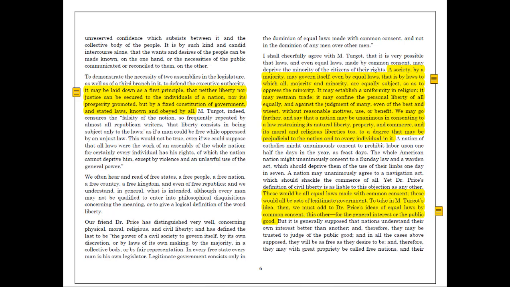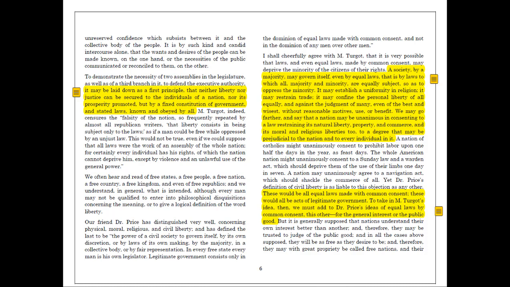Let's pick up here on page 6, on the left-hand column, the first full paragraph. Adams introduces then a new topic of discussion. To demonstrate the necessity of 2 assemblies in the legislature as well as of a 3rd branch in it to